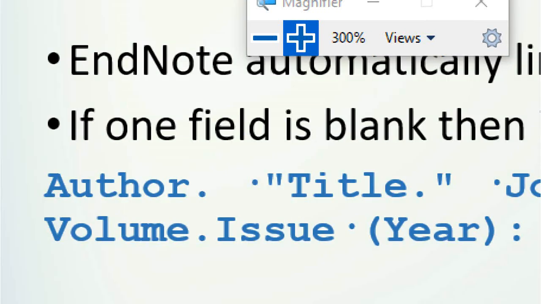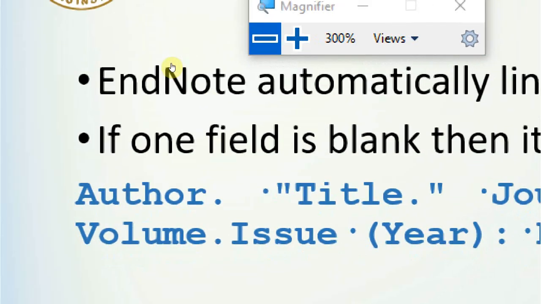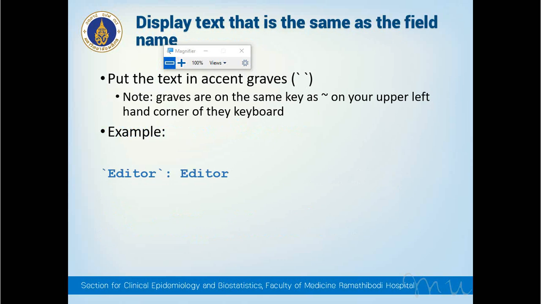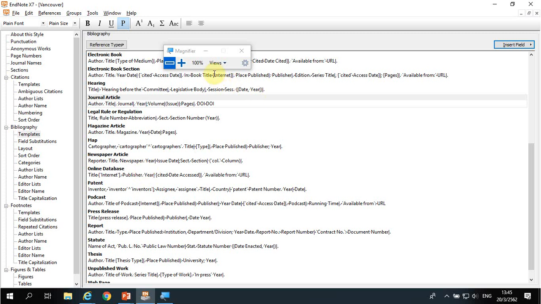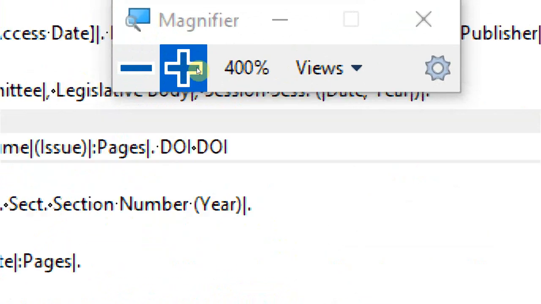Come back to the DOI. If you want to display the word DOI, you put it in this one. You put the DOI as text, not a field, between the accent graves. The accent grave is on the same key as the wiggle character on the upper left-hand corner of your keyboard. So you can just put it here,